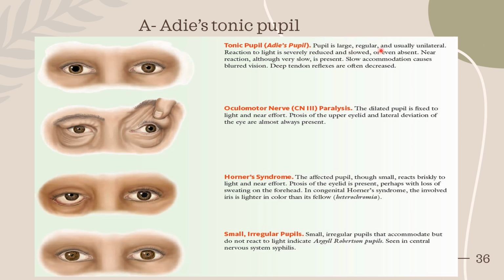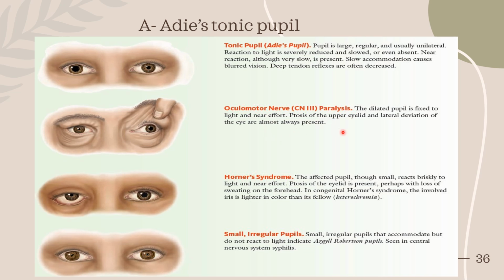The pupil is large, regular, and usually unilateral. Reaction to light is severely reduced and slowed or even absent. Near reaction, that is called the accommodation reflex, although very slow, is present. Slow accommodation can cause blurred vision. Deep tendon reflexes are also decreased. What happens in cranial nerve palsy,